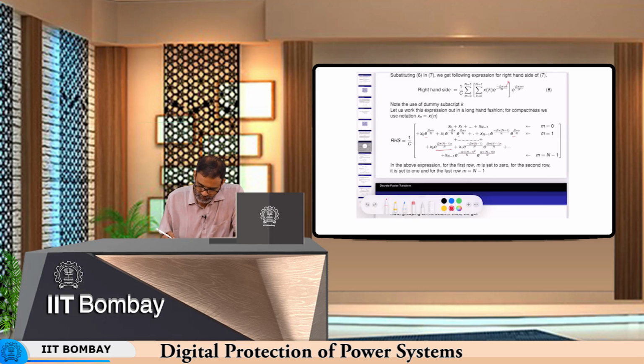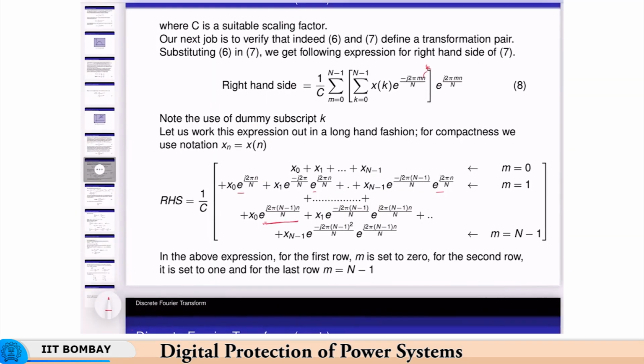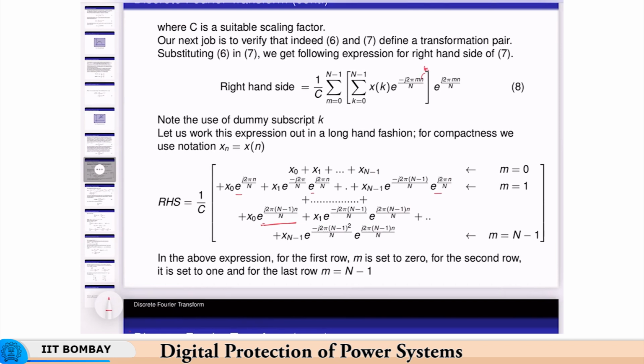If we group the x 0 terms together, what do we get? x 0, that is the first term, x 0 is common outside. So, we take out x 0, then we get 1 plus e raised to j 2 pi n plus e raised to j 2 pi 2 n, and so on up to e raised to j 2 pi n minus 1 by n. Similarly, for x 1 we will get